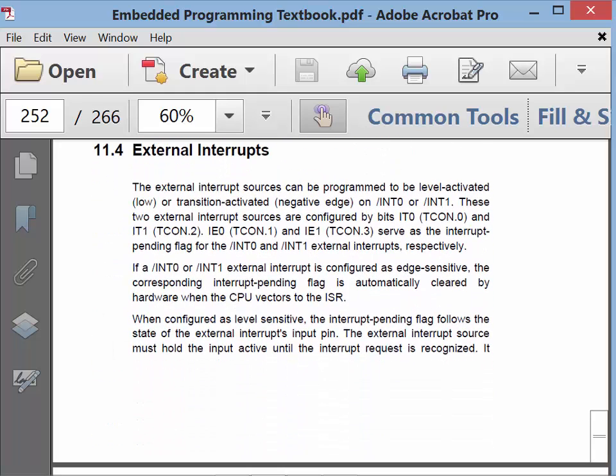We have some external interrupts. If you're going to use the external interrupts, that is a little bit more complicated, and I'm not going to go through it with this class in great detail or at all, really, other than to point out that if you're going to use external interrupts,